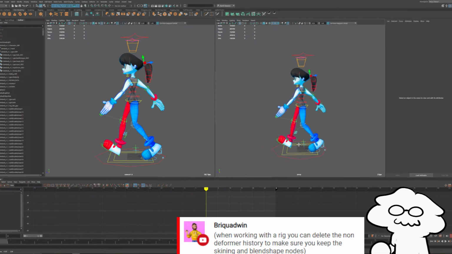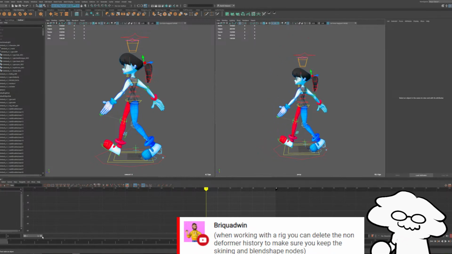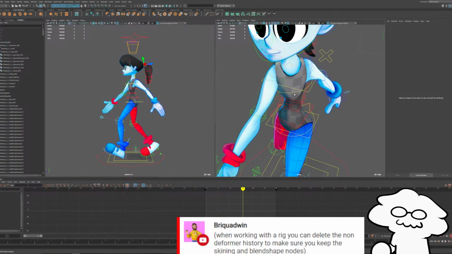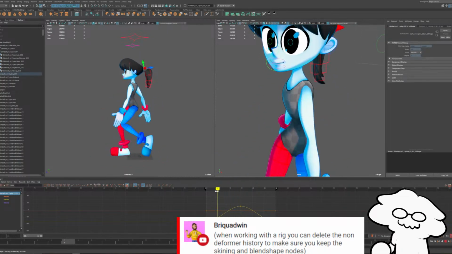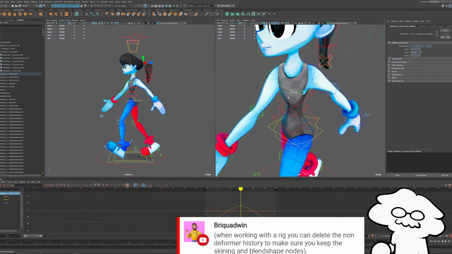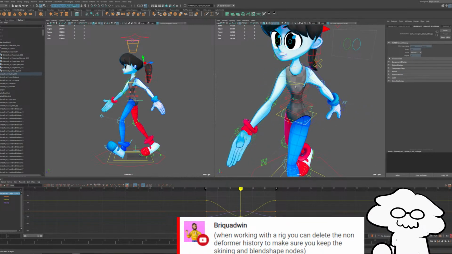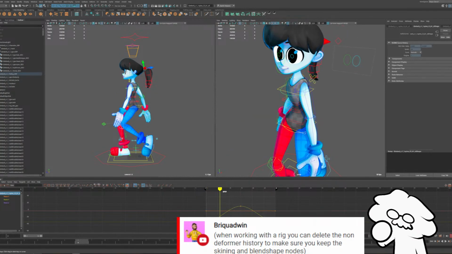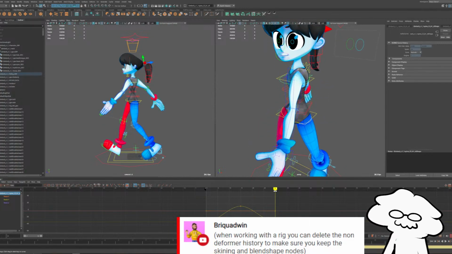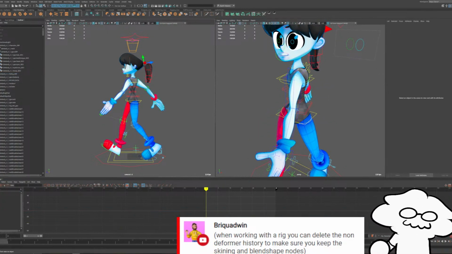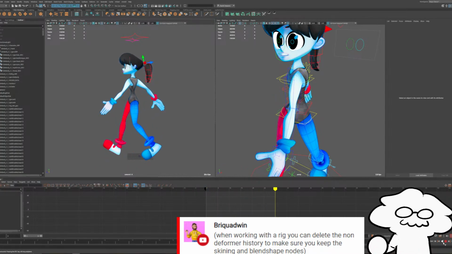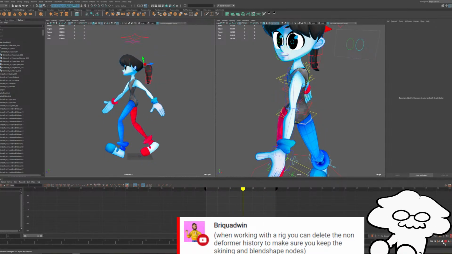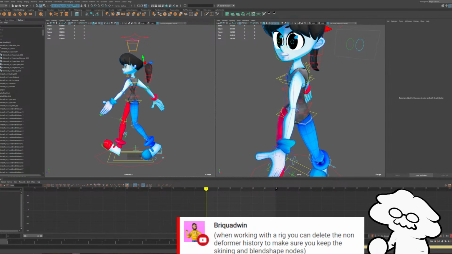So the way we have it set up right now, we have the arms swinging inwards, and we have the upper body counterbalancing the legs. So the hips are going forward and the upper body is going the opposite direction. And these are effectively the absolute basics you would need for a walk cycle. Obviously it doesn't look good. It's very stiff. That's just the way it is right now. But from here, we have the basic movements in place, so we can actually start polishing it and making it look better.